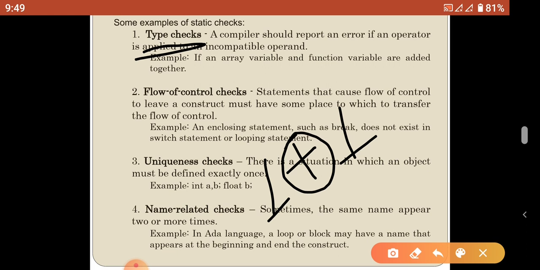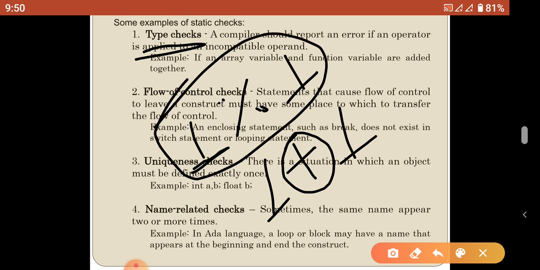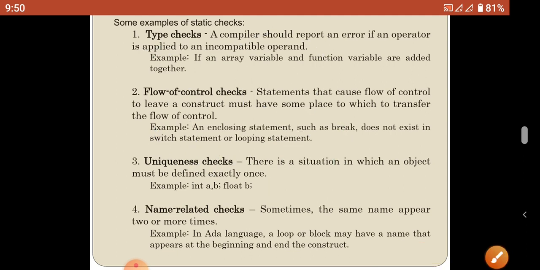Most probably all of you know that plus is an operator that can add any two numbers. That may be integer or float or double or long integer or anything. But the modulus operator is the percentage operator that returns a remainder. The modulus operator also has two operands, one on the left side, another one on the right side. The modulus operator only accepts integer operands on the left side and the right side. If you use other types for a modulus operator, it reports a type error. So this kind of verification is called type checking.